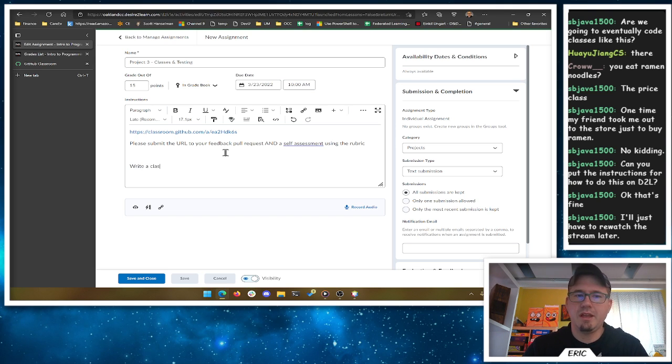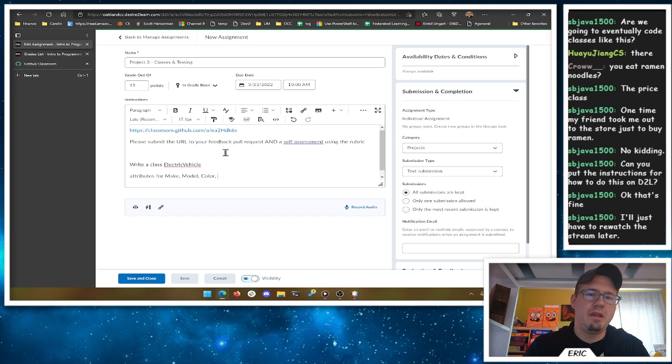Okay, so we're going to write a class called electric vehicle. It will have attributes for make, model, and color. So as strings, right? The make, the model, and the color are all strings.